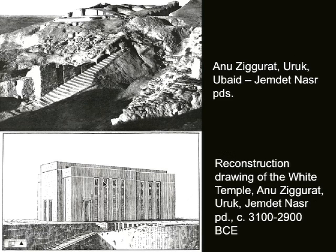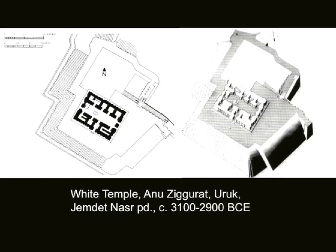On top of the platform is a temple which is known as the White Temple. It's called the White Temple because it was painted white. It was actually whitewashed with plaster and gypsum. And the plan of this temple is very similar to what we've seen elsewhere, right? Another tripartite temple, 17 meters by 22 meters. In fact, exactly the same size as that little tripartite temple stuck onto the top of Temple C in the